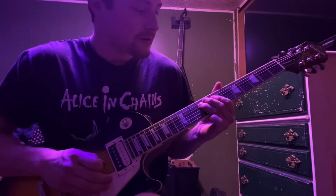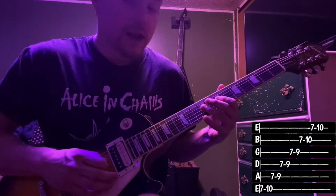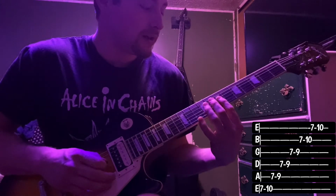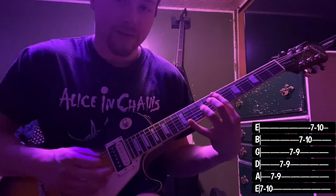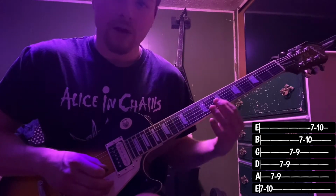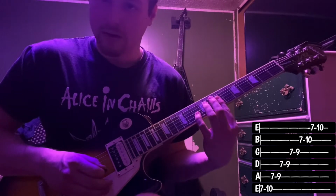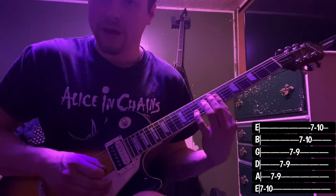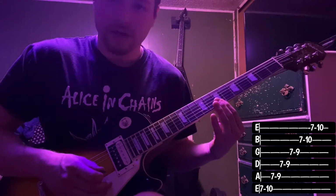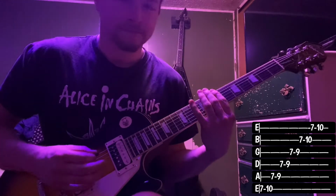So the next note is going to be on the 7th fret of the D string, 9th fret on the G string. So these are going to be a D, and then on this 9th fret, that's your E, right? On the 7th fret on your B string is an F sharp. 10th fret on your B string is an A note, right? And on the 7th fret, that's going to be your B note. We're back at our root, right? So if we were to play this scale,